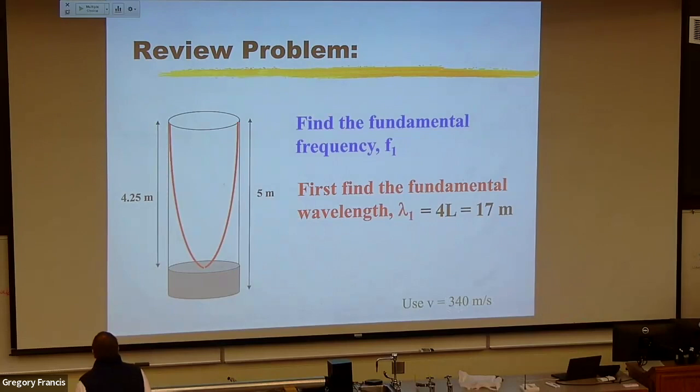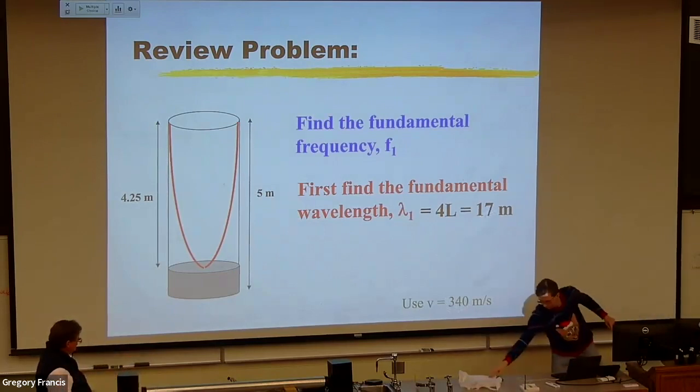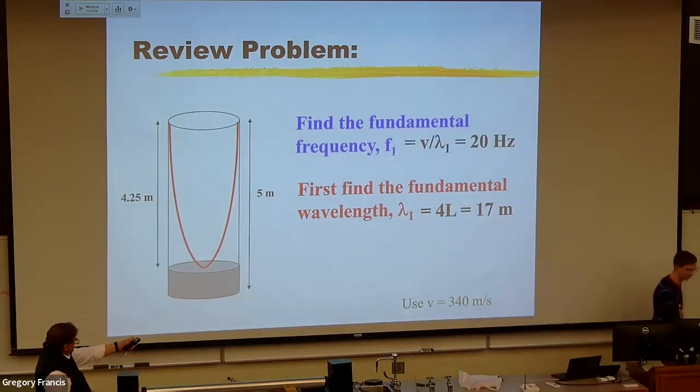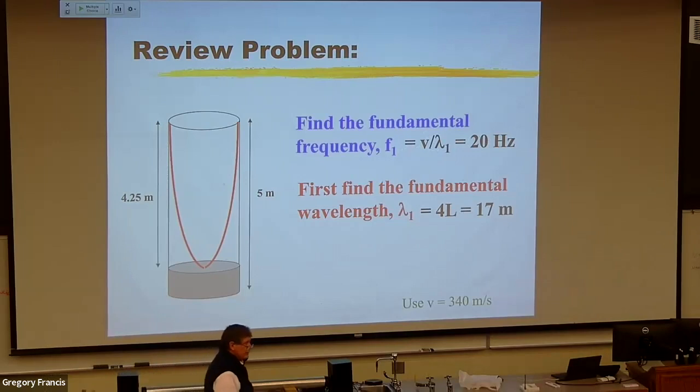So now, if we have a wavelength of 17 meters, if I take the speed of sound of 340 and divide it by 17, I get 20 hertz. And so that's going to be the fundamental frequency, 20 hertz. And what you would hear if you put a 20 hertz tuning fork above that would be a booming sound at 20 hertz. Okay? And probably not, because that's just a little bit outside of your range of hearing. But